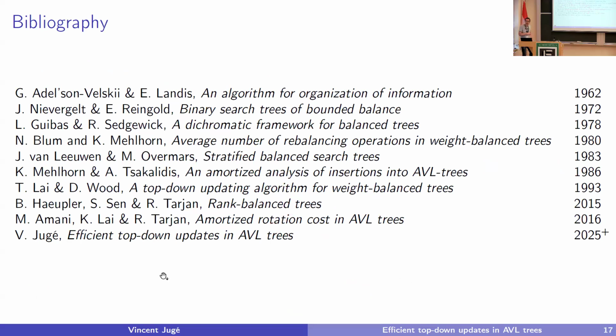The next slide is just the bibliographical resources that I used. I did not mention any bibliographical element during the talk itself, basically because I have huge problems remembering the names of people. So I wanted to have a cheat code there. In particular, here you have those people who invented the different data structures like AVL trees or weight-bounded trees or red-black trees or weak AVL trees. And then some other papers that may be relevant if you are interested in looking at the analysis of these data structures and the associated algorithms.